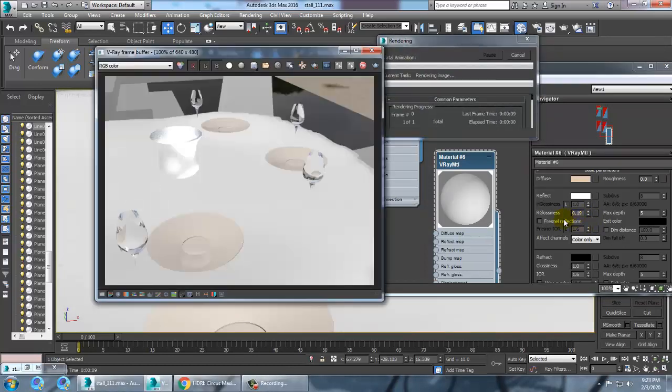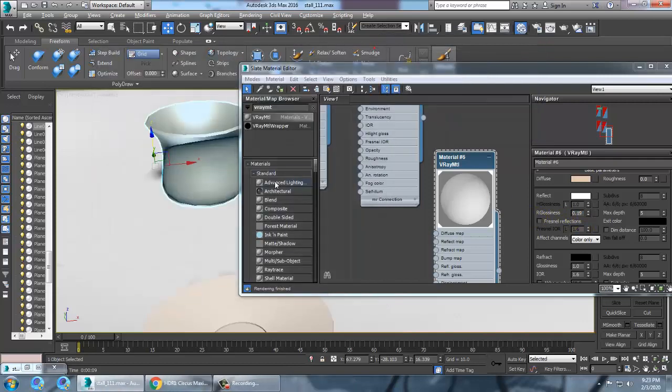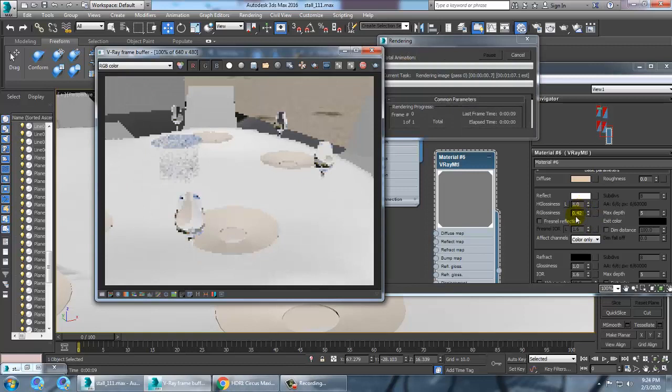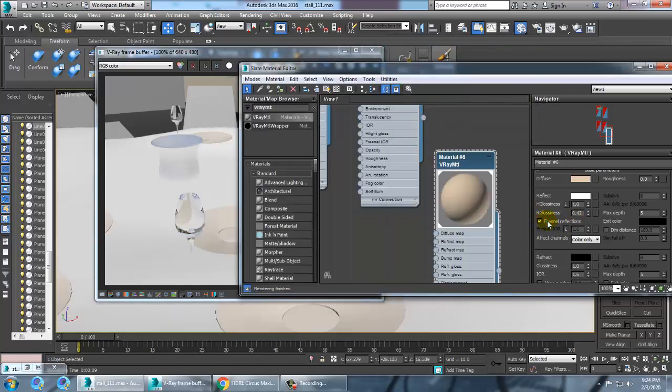If you reduce it, it is going to be more of a satin look. This would be more of a satin, your edge glossiness, and if you activate Fresnel and give the Fresnel reflections to 20,